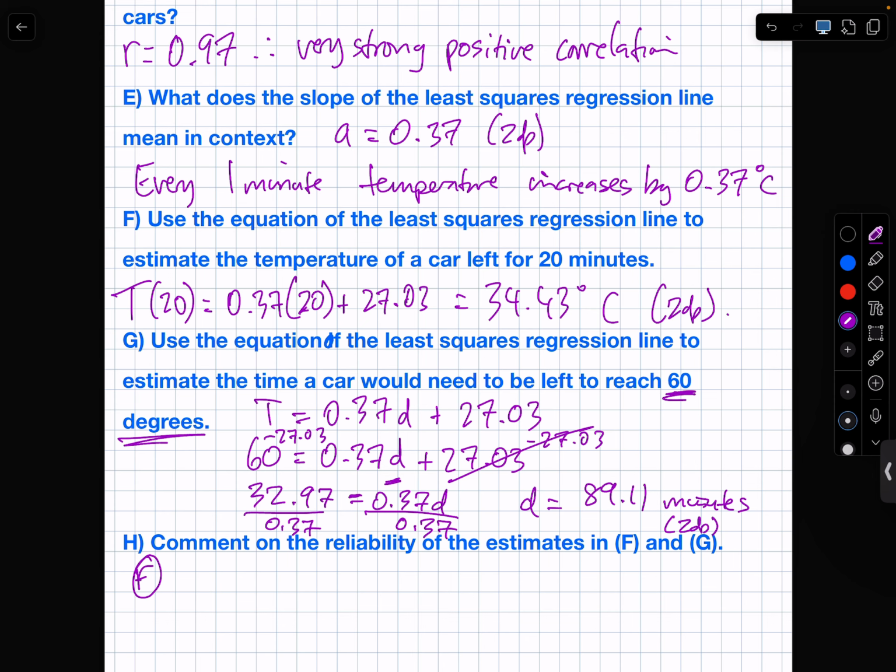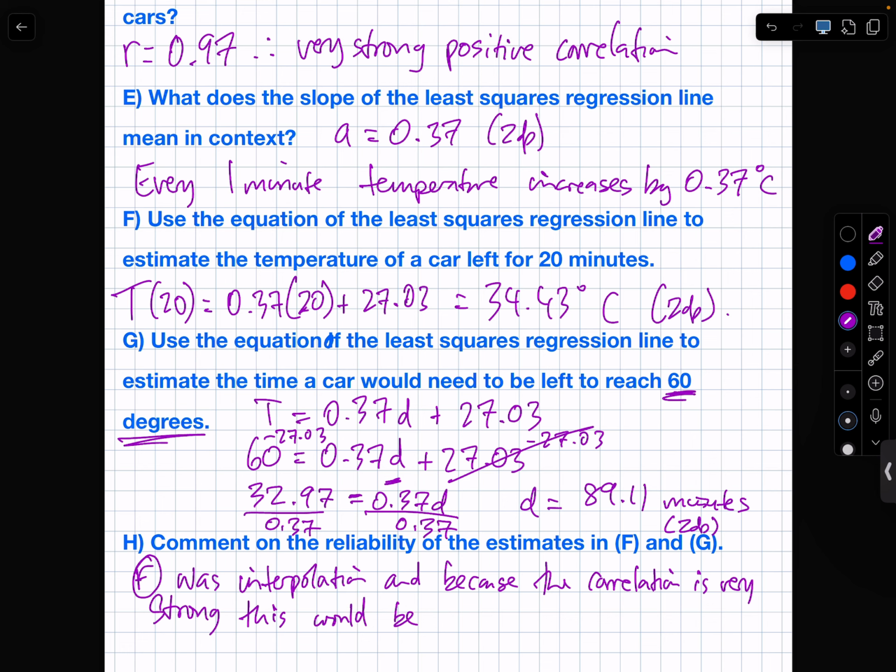F was interpolation, and because the correlation is very strong, this would be reliable, because it's within the data that we collected, and we already established that the strength of that